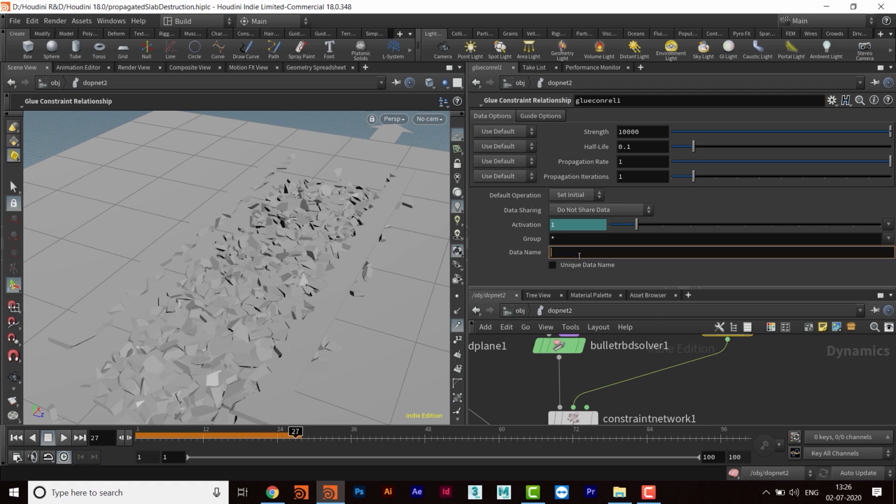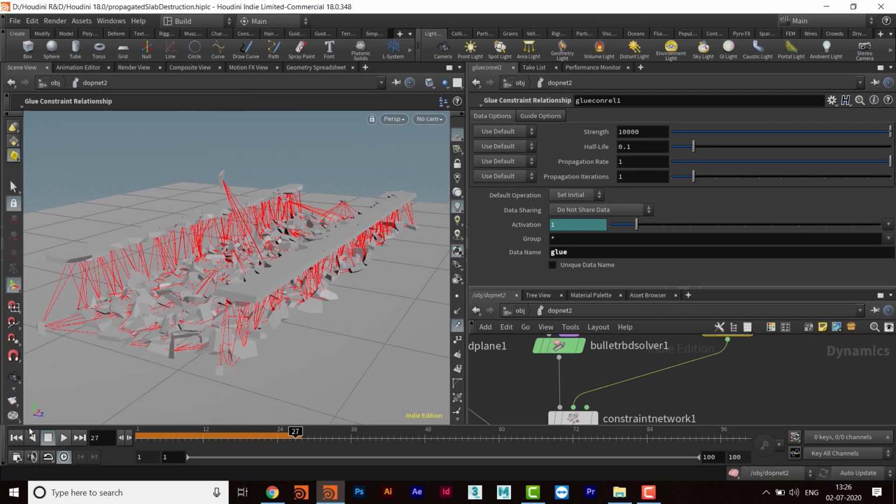Sorry, and that will be glue. That is glue. Okay, so now you can see the constraints here.